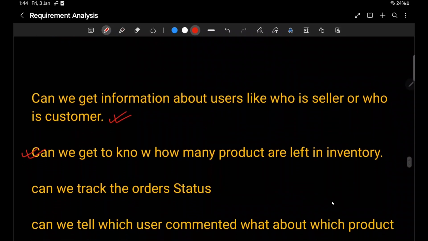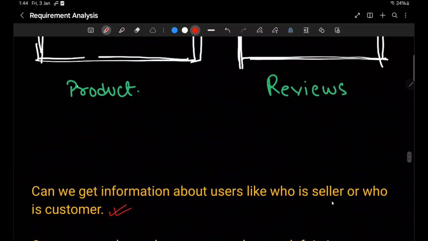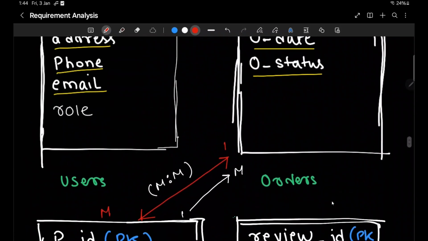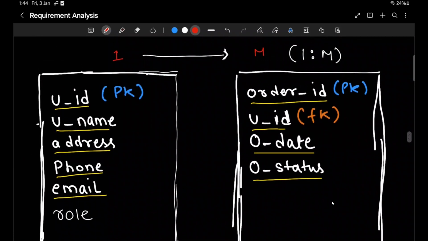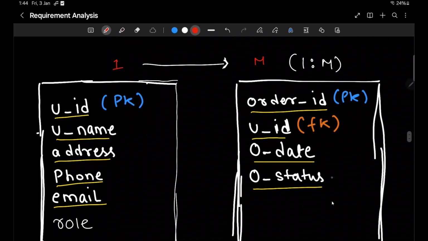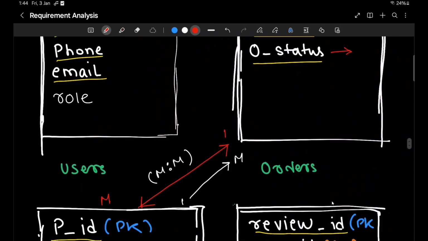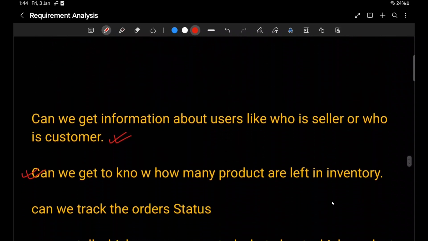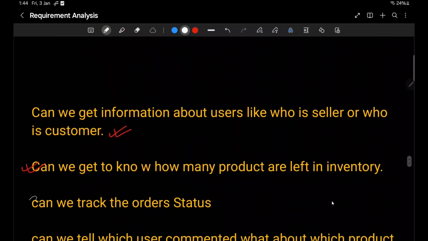Can we track the order status? Let's go to our order entity. Yeah, we have this column called order status, where we can track whether the order has reached the customer, or it's in progress, or it's with the delivery guys. So we are able to successfully answer this question. Great.